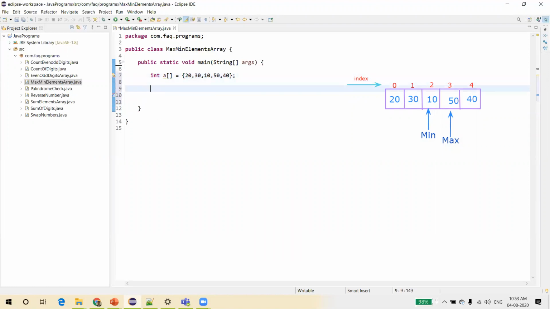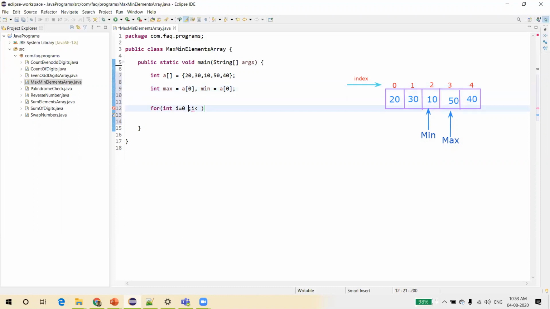Now we'll have two variables, max, and we'll initialize the maximum value to the first element in the array. In the same way, we don't know at the start which is the minimum value, so we'll assume the first element in the array is the minimum value, and then we'll start a loop. Here I'll write a for loop with the index starting with 0. Actually, we don't need to start with 0 as we already read the element with index 0. With 0, we took it as maximum and minimum.